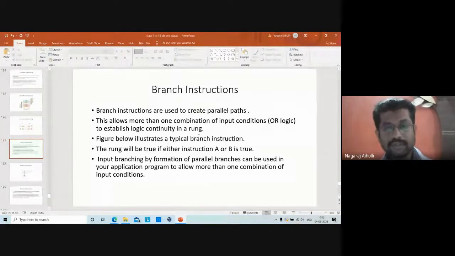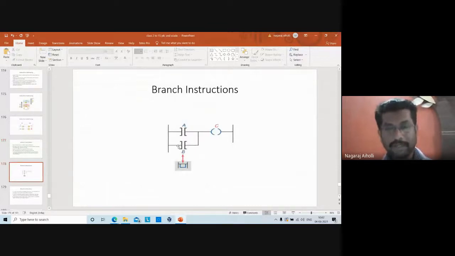This allows more than one combination of input conditions or logic to establish logic continuity in the rung. When we use this parallel branch, how does it execute here? The function of this ladder diagram: when input A is energized, output coil O will be energized, or when the B contact is energized, the output O will be energized.